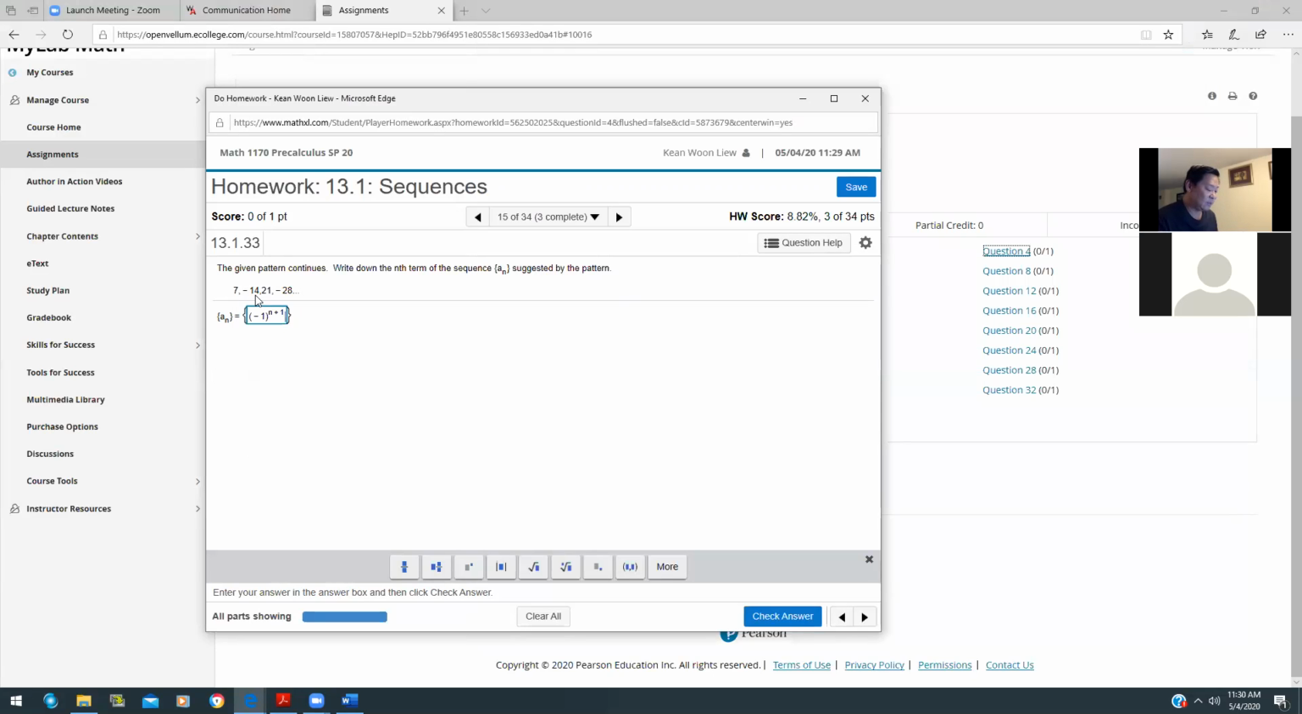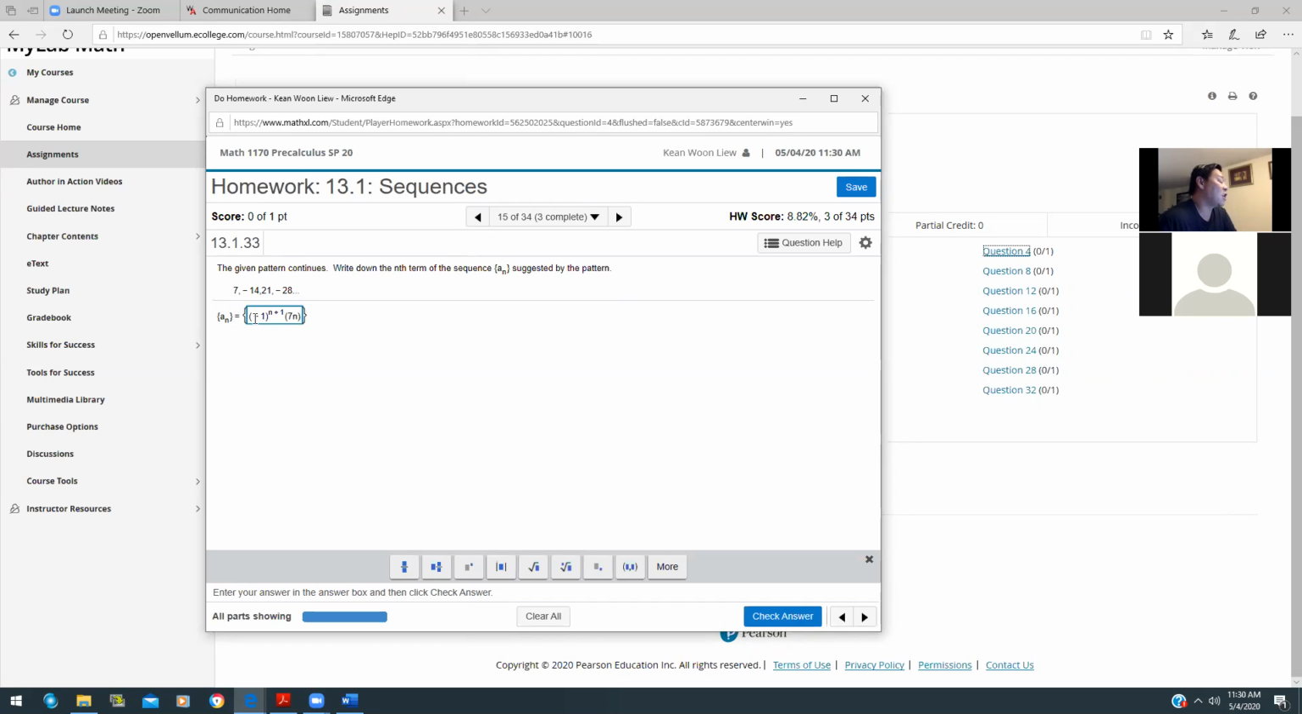7. So that means this one has a 7n. And can someone tell me what is the number right before 7? Because that's the number you have to put in here. Any number right before 7? 7, 14, 21, 28. What's the number right before? It's 0. So that means your answer here is just 7n plus 0, which in this case is